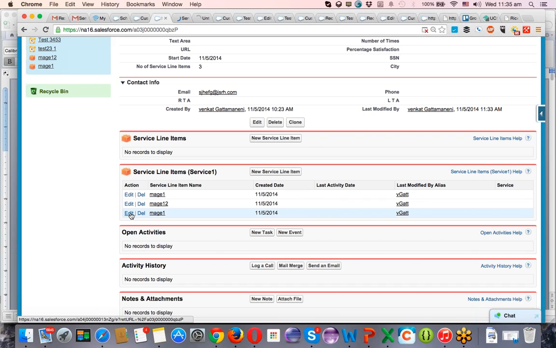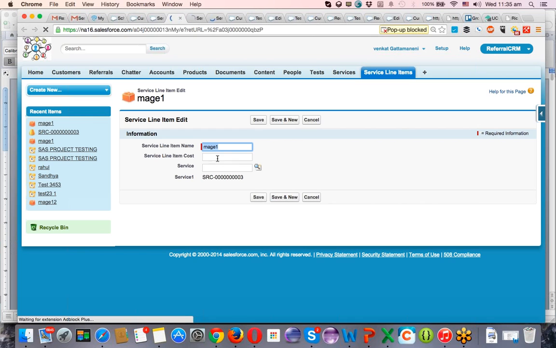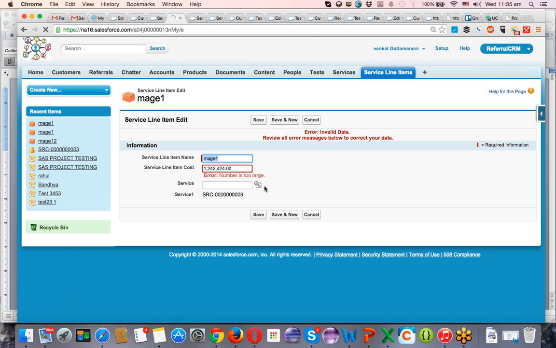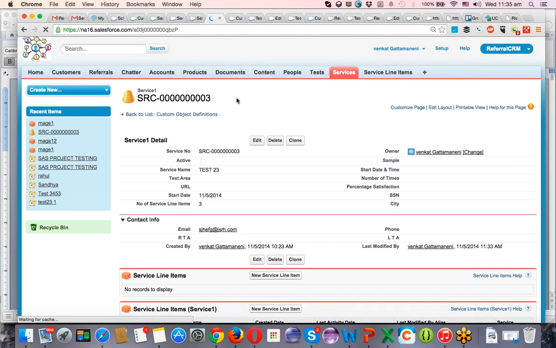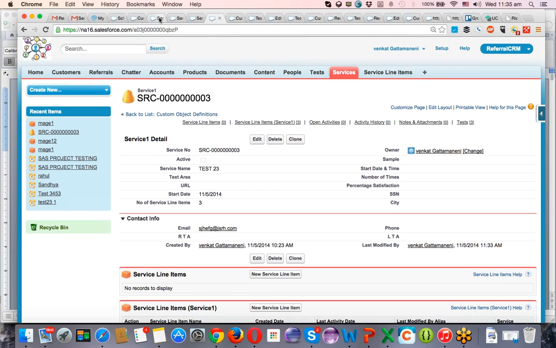Click on edit, because I'm modifying the service line item values now by putting some values. Save. Oh, it's too large. Okay, because I entered only 6-digit. Save. Save. Because this is the bigger value I'm giving here. Remember? Click on save. Now go back to your